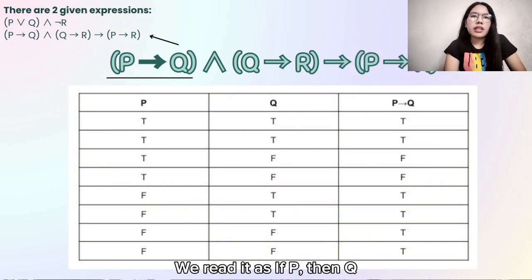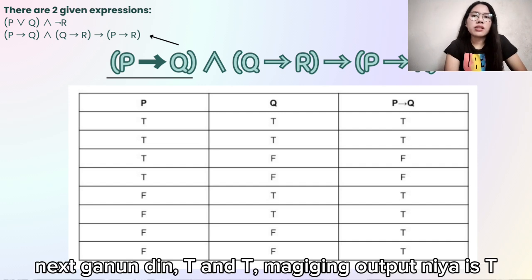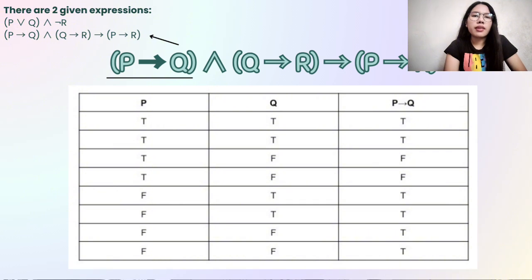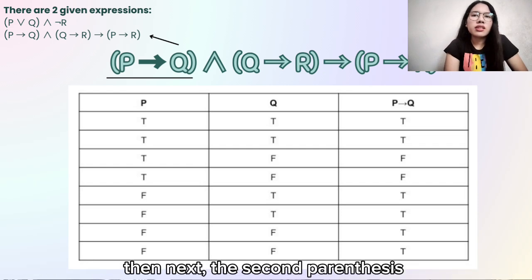We read it as if P, then Q. So, T and T, ang magiging output niya is T. Next, ganun din, T and T, magiging output is T. Then, T and F, magiging output naman niya is F, and so on. Then next, the second